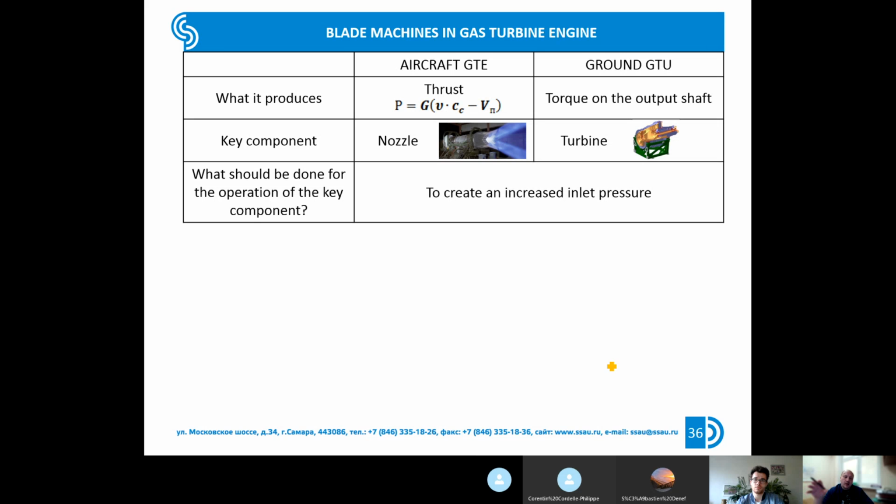In the compressor, the pressure is increased, and after that, the compressed air is supplied to the combustor chamber. In the combustor chamber, we supply heat because we have burning inside. After that, the exhaust gases expand in the turbine, and because we have expansion, we receive mechanical work in the turbine. This mechanical work is supplied to the compressor, and this energy is used to drive the compressor. And after the turbine, the exhaust gases expand in the nozzle, and finally we receive a high-speed jet with the velocity